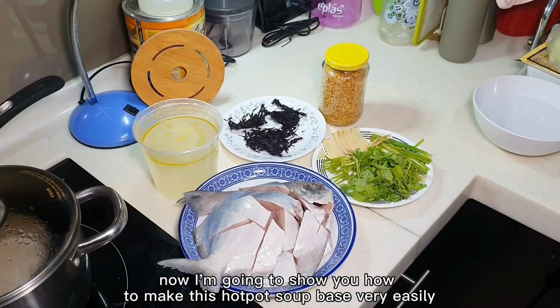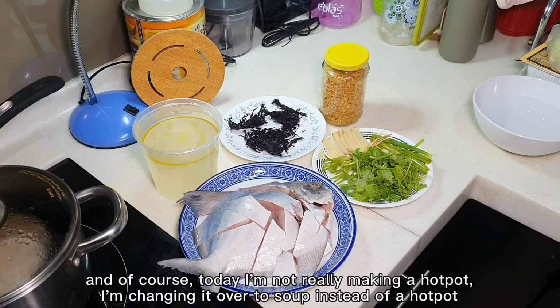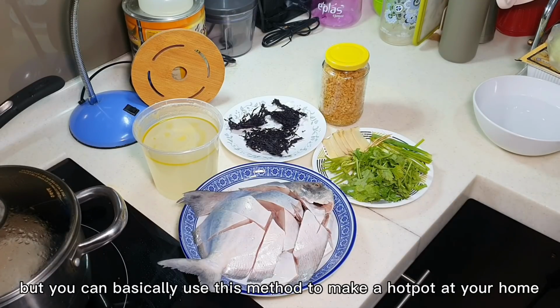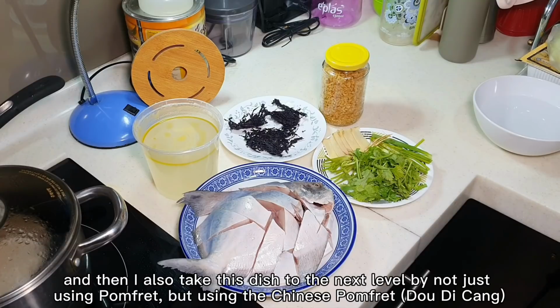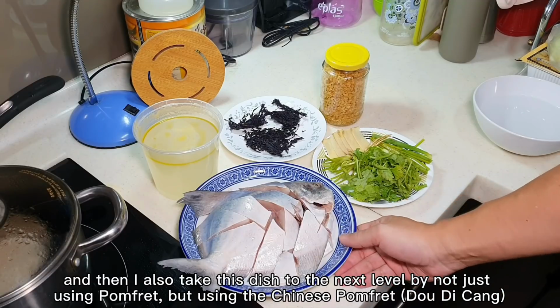Okay, so now I'm just going to show you very easily how to make this hot pot soup base. And of course, today I'm not really making a hot pot. I'm changing it over to a soup instead. But you can basically use this method to make a hot pot at your home, especially for Chinese New Year. And then I also take this dish to the next level by not just using pomfret, but using Chinese pomfret,